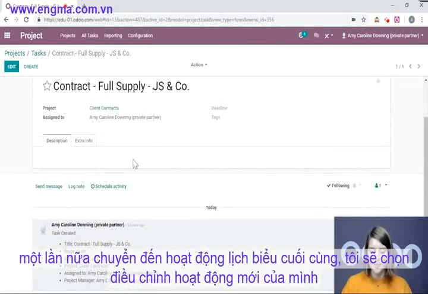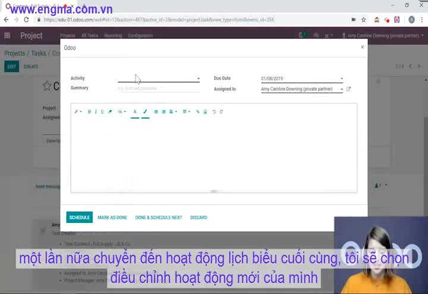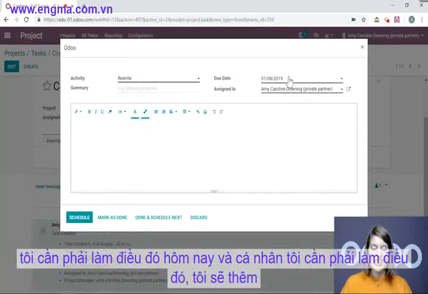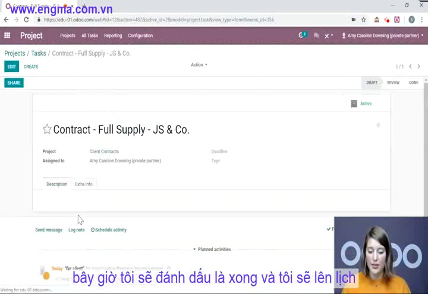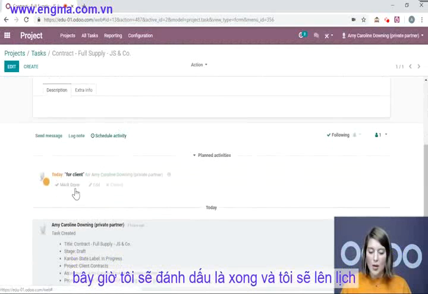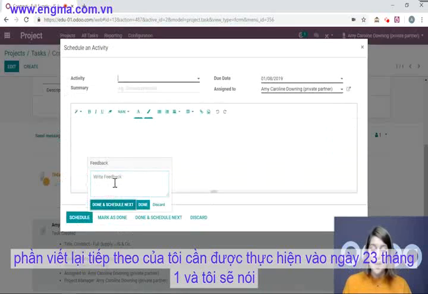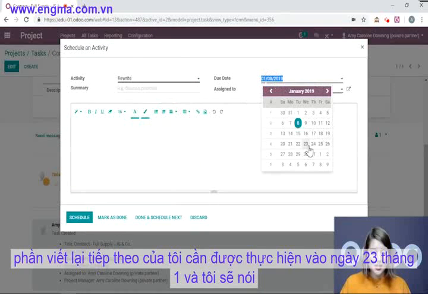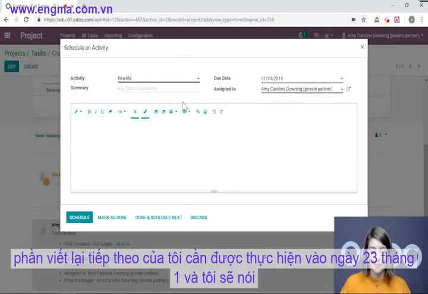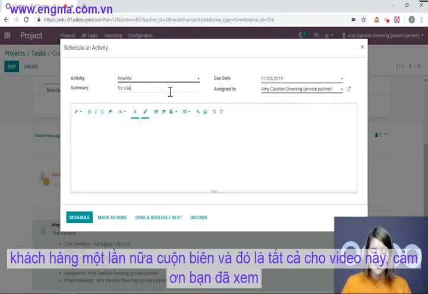Again, go to the bottom, Schedule Activity. I'm going to choose my new activity, Rewrite. I'm going to say I need to do it today, and I personally need to do it. I'm going to add a summary for client. I don't need to give myself a message, so I'll schedule it now. I'll mark it done, and I'll even schedule my next rewrite, which needs to be done on the 23rd of January. And I'll say for client again,